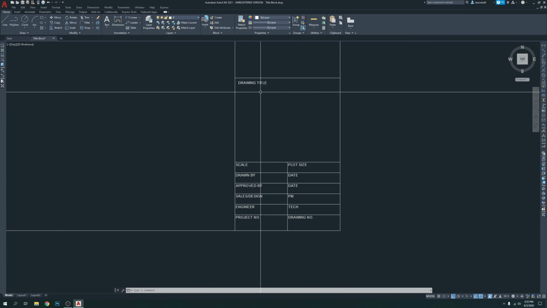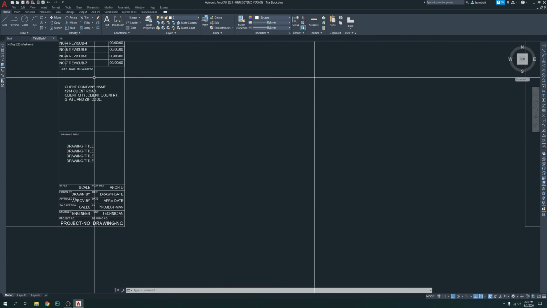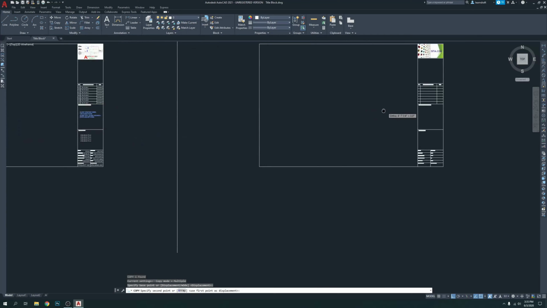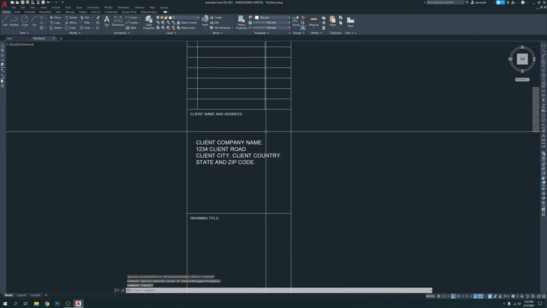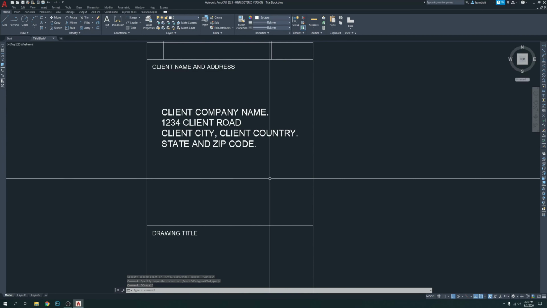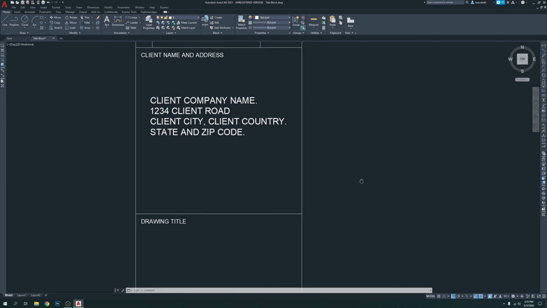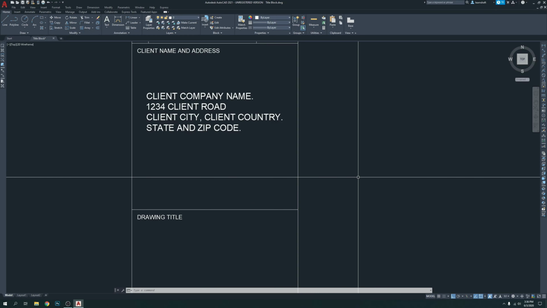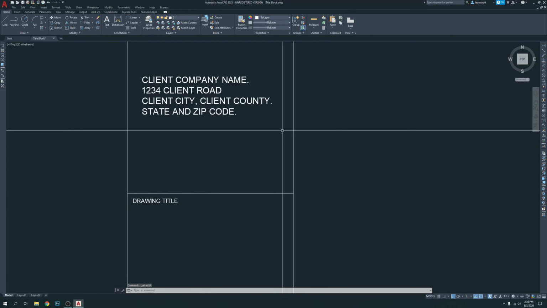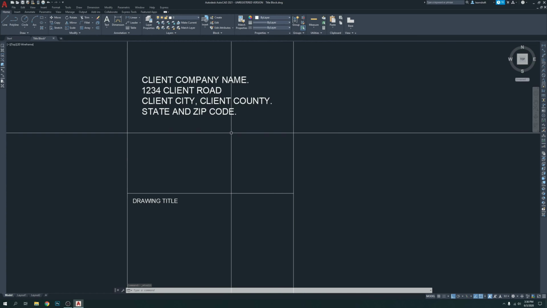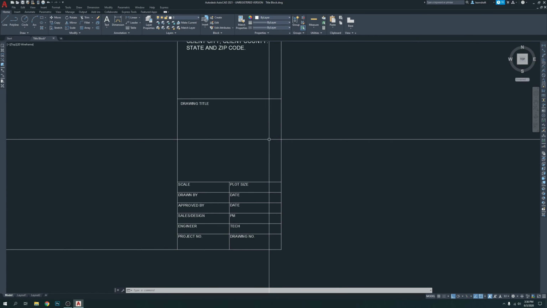Now you need a, do you need this one? No, this one actually I'm gonna just copy this one and click it from here and click it there. You can move it right, left, anytime you want. Just client company name, 1234 client road, those are address of your customer, and the client city, client country, and state and zip code. However, CONTY. And that's it for